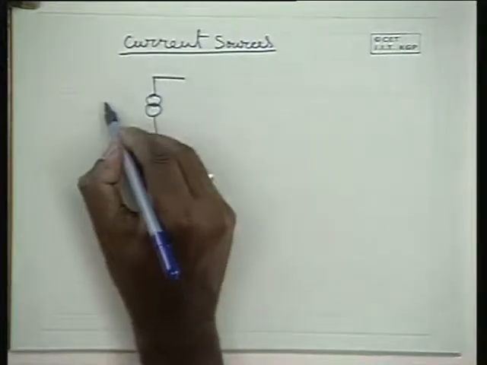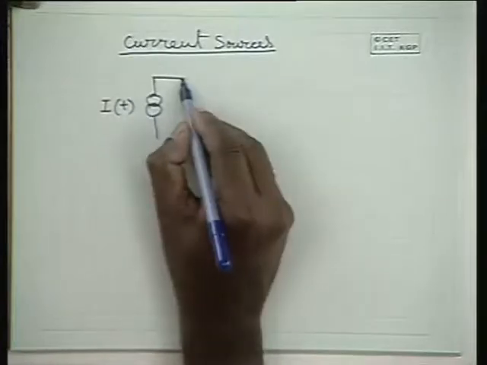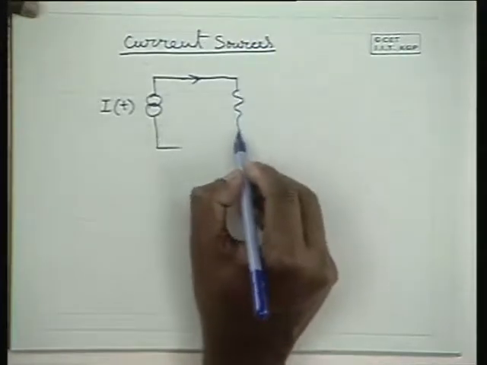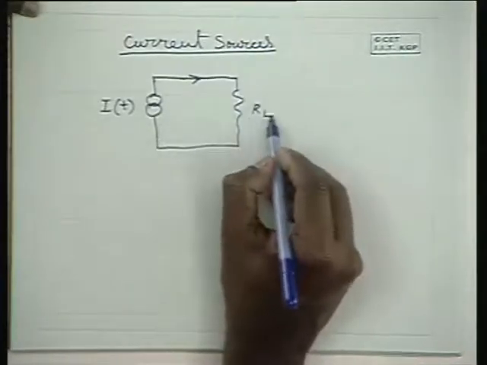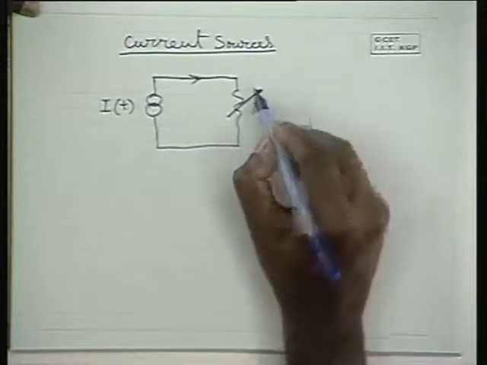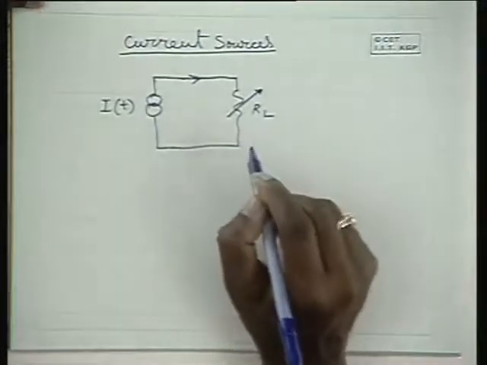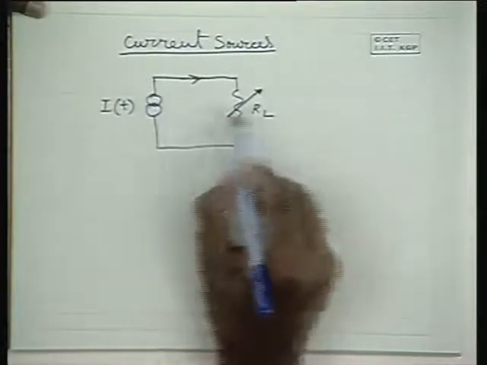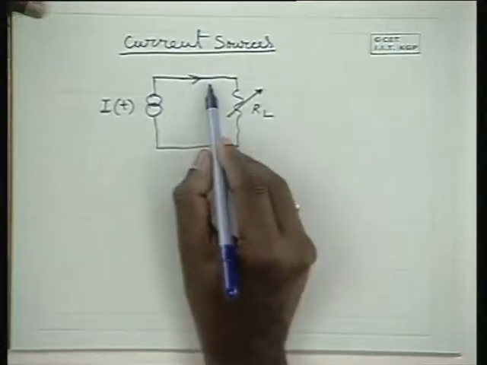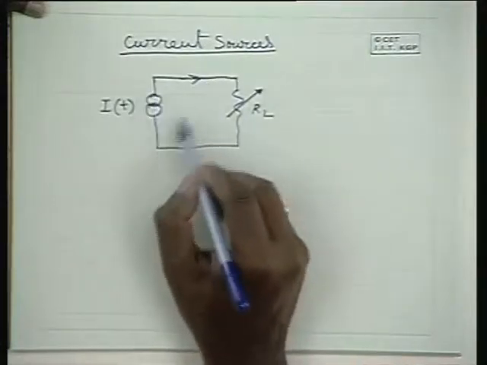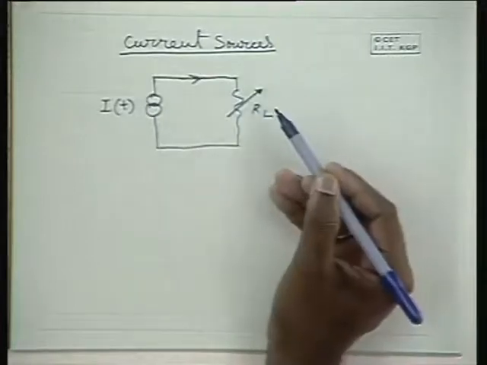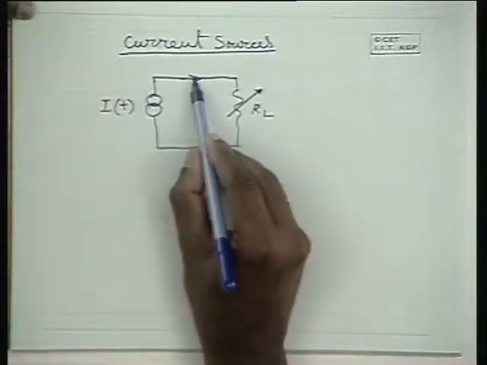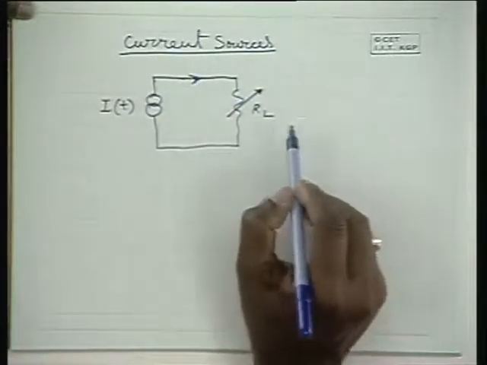So here is a current source IT, and the current that flows out of the source is independent of the load resistance that is connected to it. Even if you vary this load resistance, if the current remains constant, then you call it a current source. Please note that if it is a voltage source and you vary the load resistance, does the current remain constant? Current is equal to voltage divided by the load resistance. Current varies a lot, so it cannot work like a current source, whereas in a current source, the current is almost independent of the load resistance.